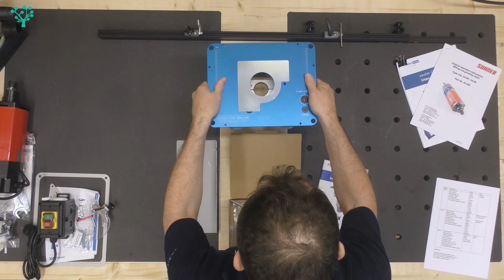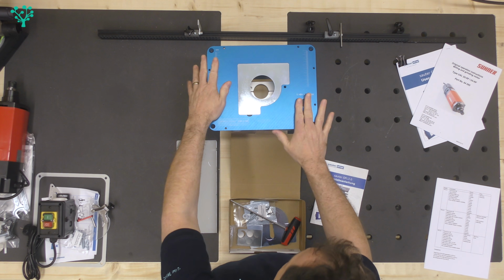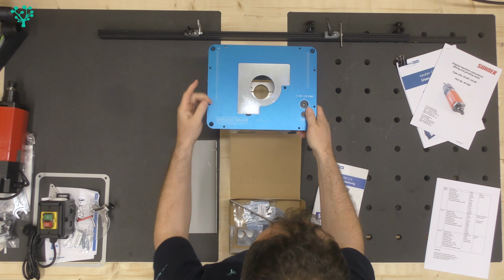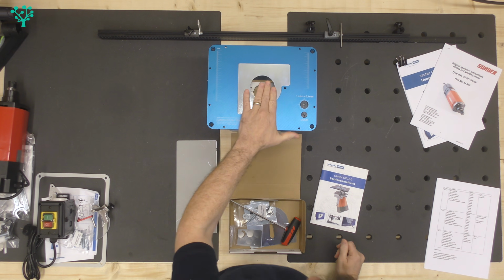Now, no matter which ones you get in the range, they all have some common features inside them. They're all made of this really high quality, high precision aluminium. They've all got this scale here, this linear scale down the sides. It looks like it's calibrated in millimeters, that just allows you to line fences up and things in relationship to